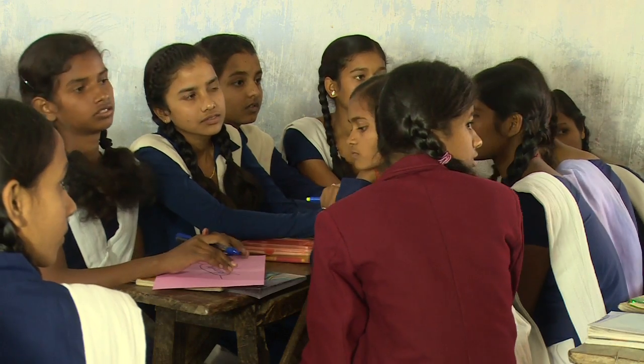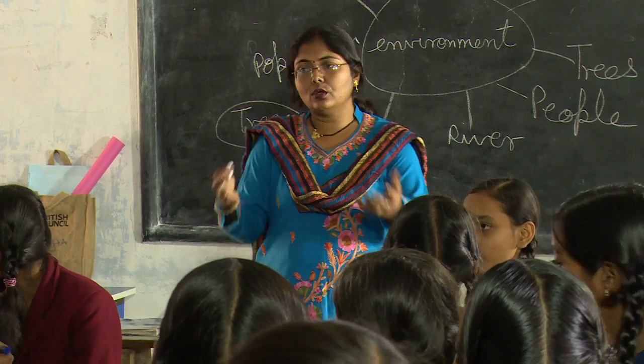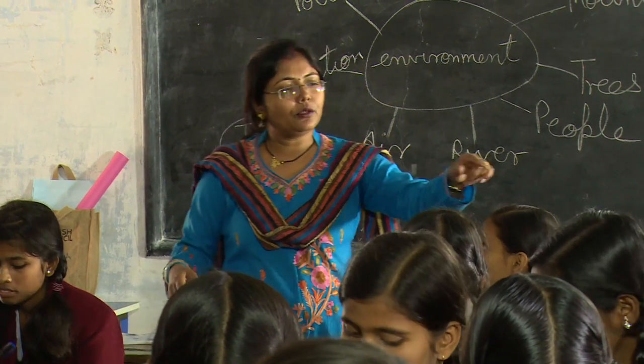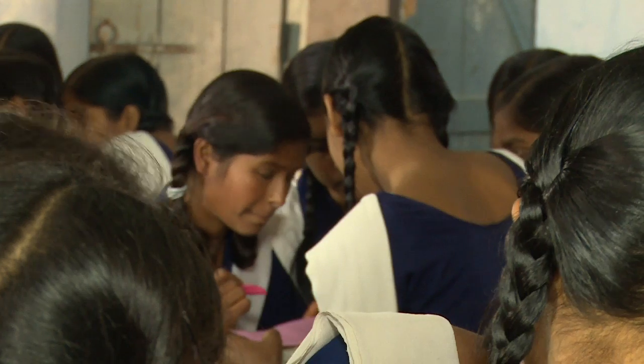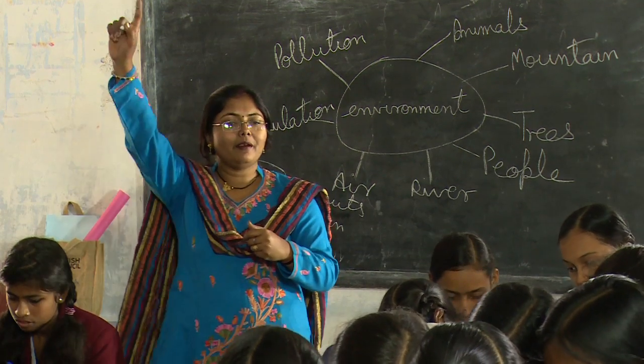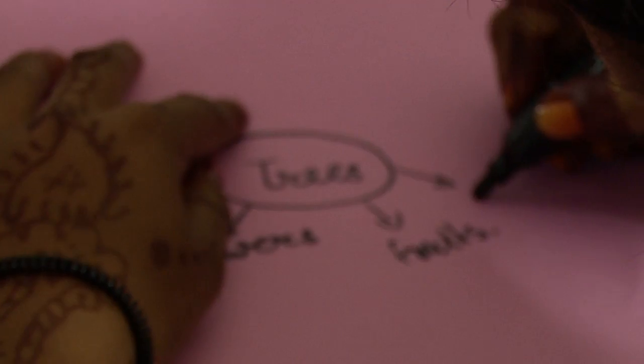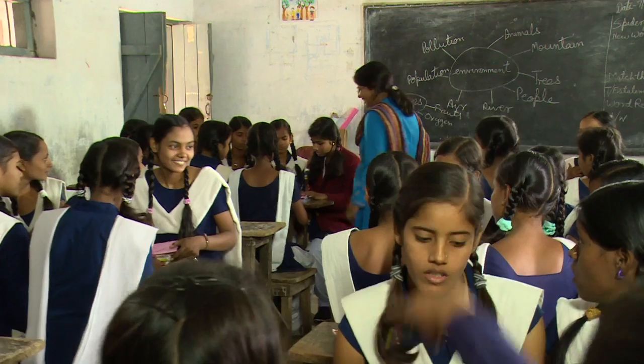Now in groups, each one of you take a chance and write any word related to that. You can write as many words as you like, as you know. Okay? Each one of you must get a chance to write. You write 1 word and pass it to her. Start. When you complete, you say bingo. What is it? Wood. Bingo.